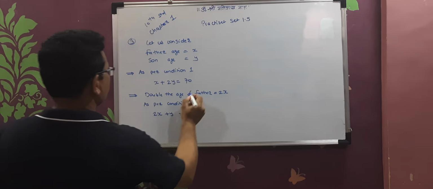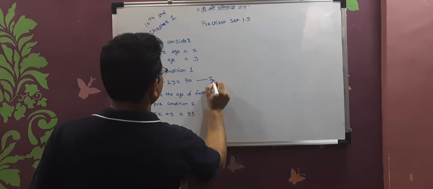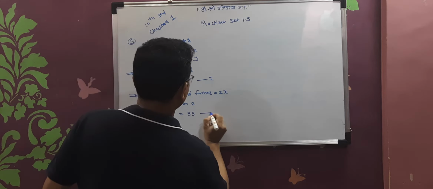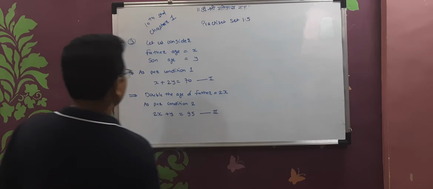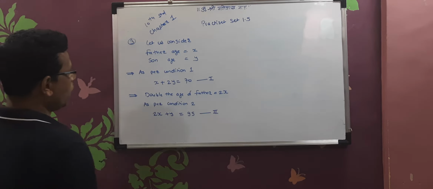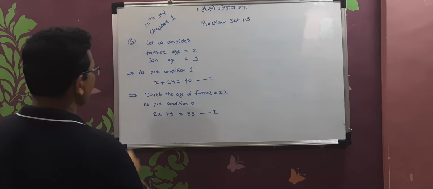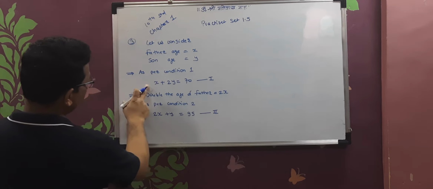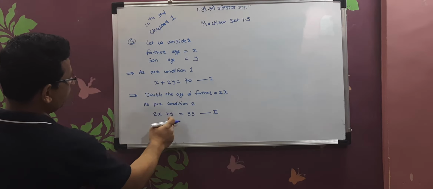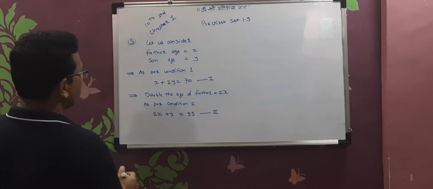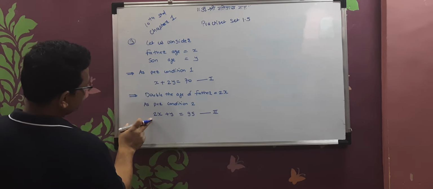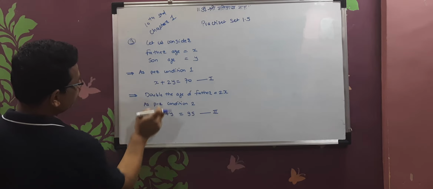So this is equation number 1, and this is equation number 2. Here x, here 2x, here 2y, here y. So we have to either add or subtract to get the values of x and y. If we add here, x plus 2x is 3x, again 2y plus y is 3y. But before that we have to make the coefficient common for one of the variables.